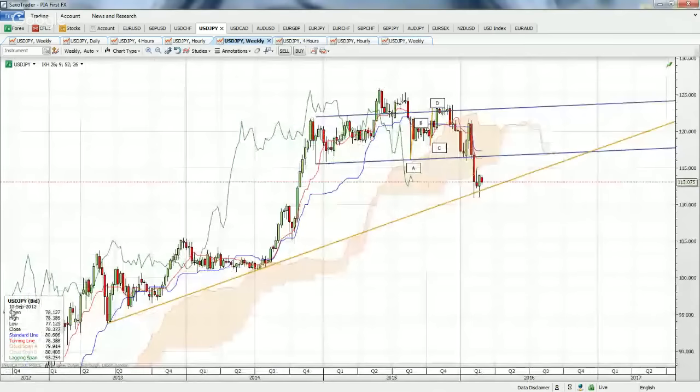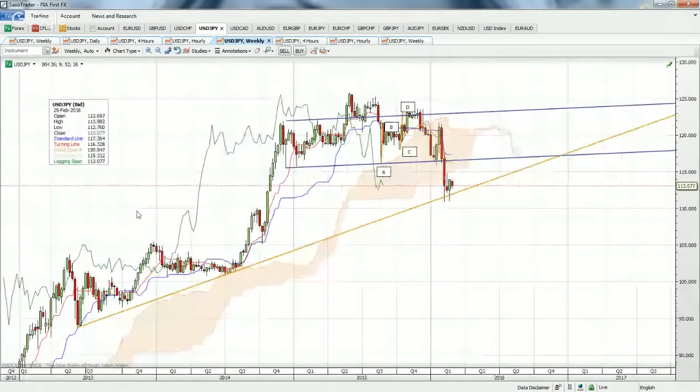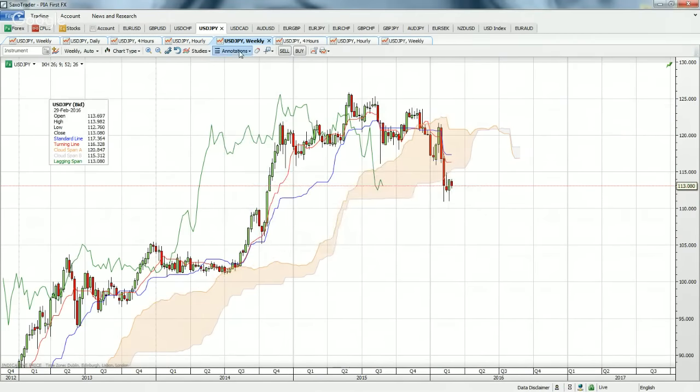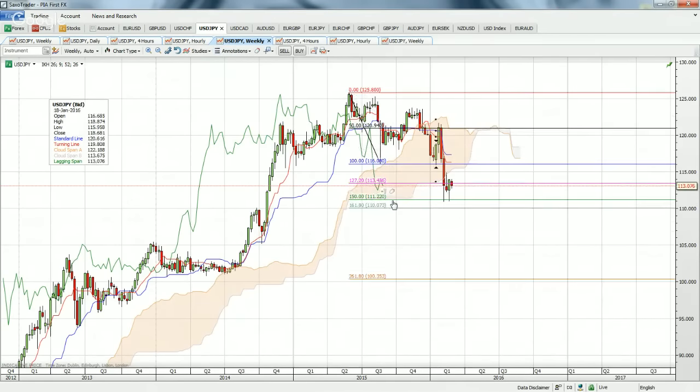Okay, if we look to the weekly, we've just had a bounce off this trend of higher lows. Okay, but again, there's no strong reversal formations. There's nothing to turn around and say, well, yeah, that's a strong bullish outside bar or morning doji star, and we should be taking it higher. There's nothing there. We've just seen a corrective bounce off a trend line support, and in fact, if we just delete all of these, we put our fib level on, we can notice that it's just bounced off a 150 level. So I think what's going to happen here